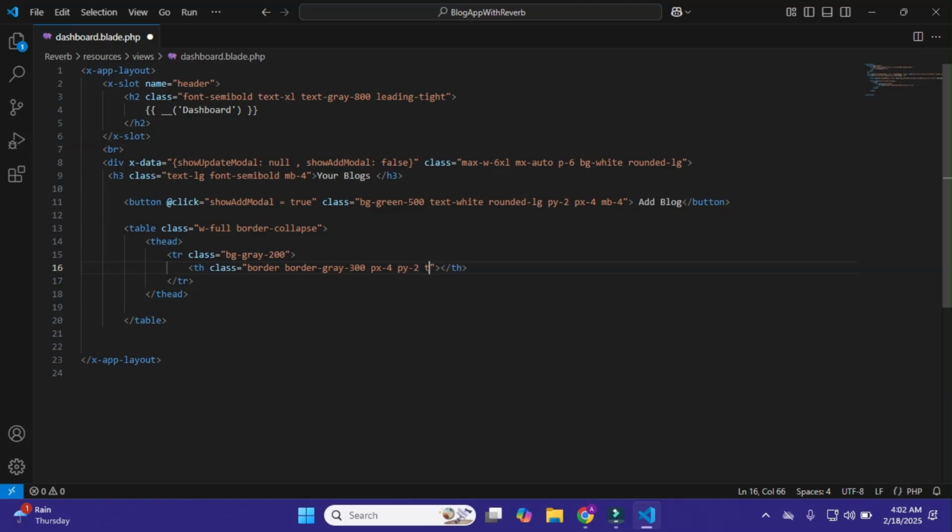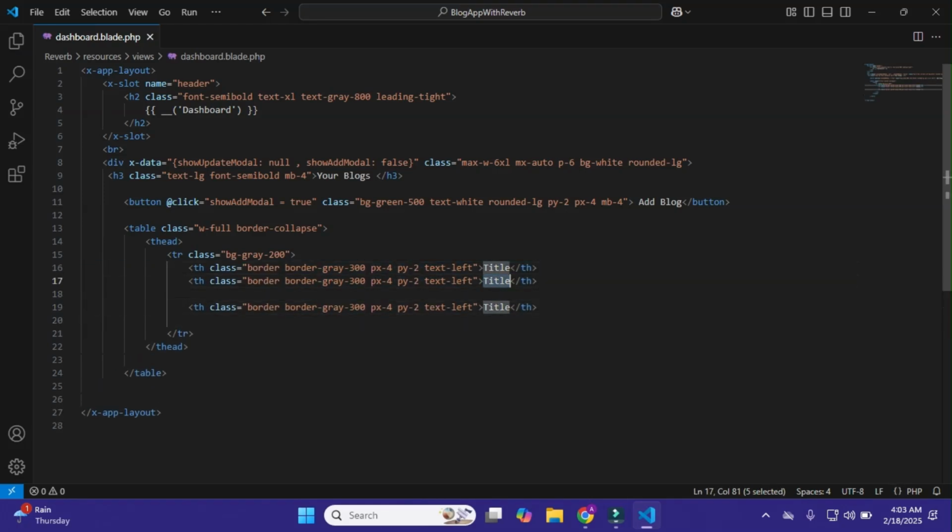We simply do this and make text start from left, and within it I'll pass title, and now I'll copy it and paste it here. Okay, title, content, and created at. Okay, that's this.